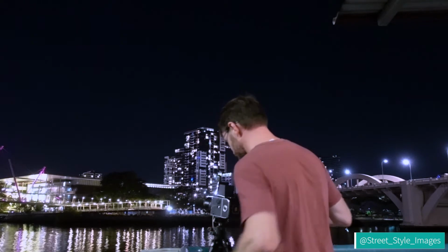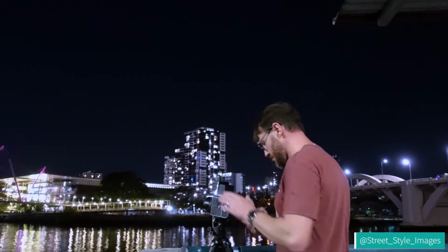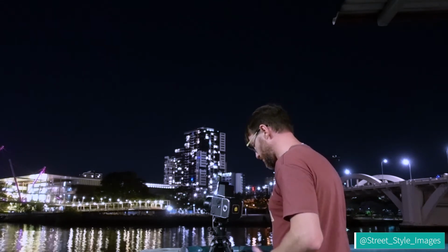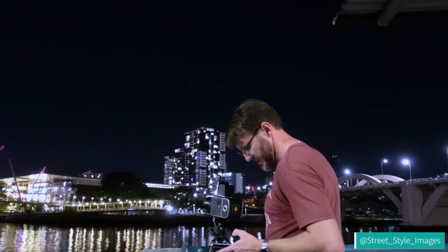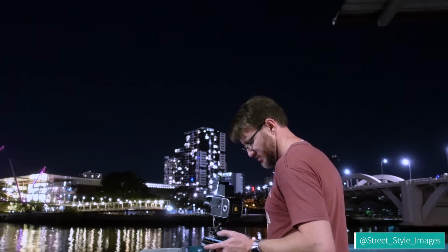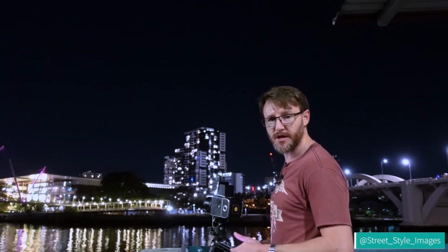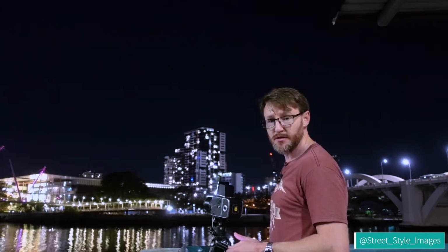Dark slide out. Camera is wound and ready to go. Mirror locked up, barn doors open. And let's go for 1 minute and 10 seconds. So that is now counting. I'll close off that shutter at 1 minute and 10 seconds, and I may or may not put the telephoto